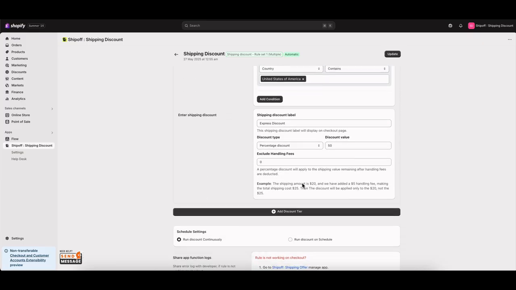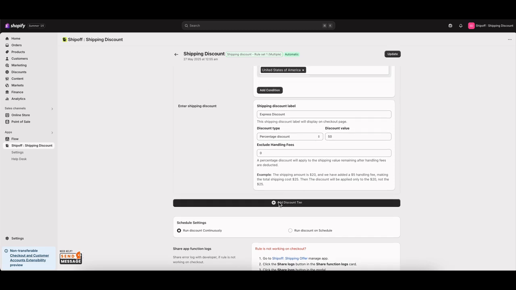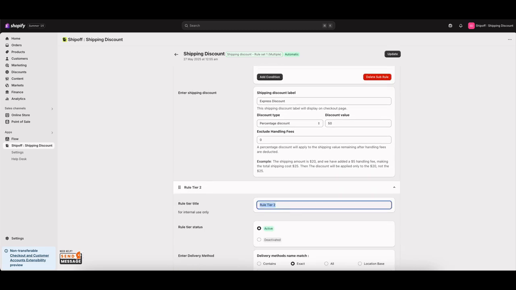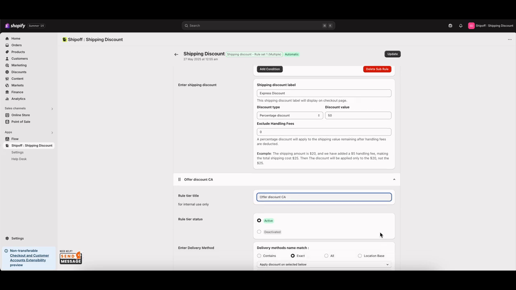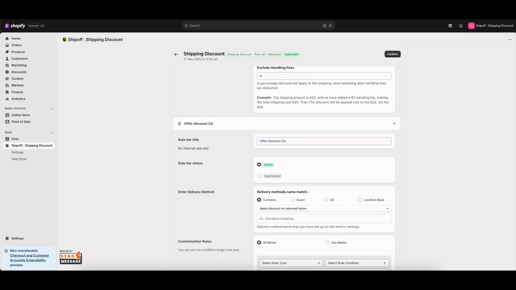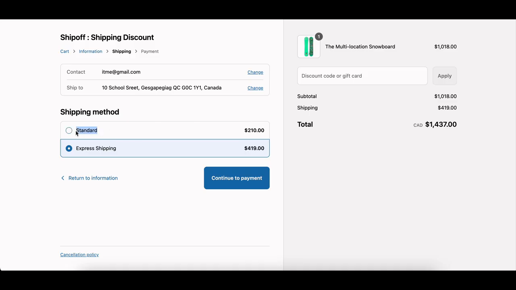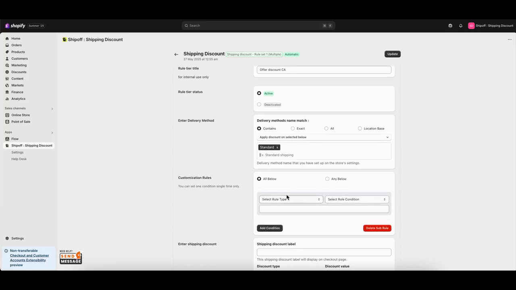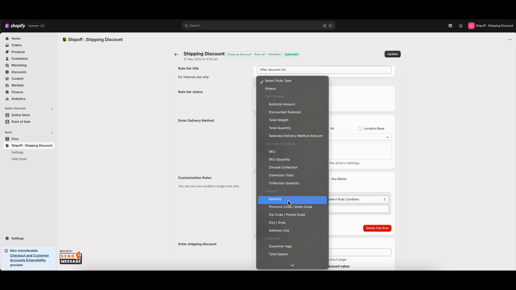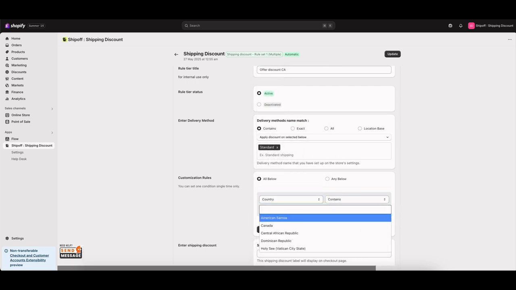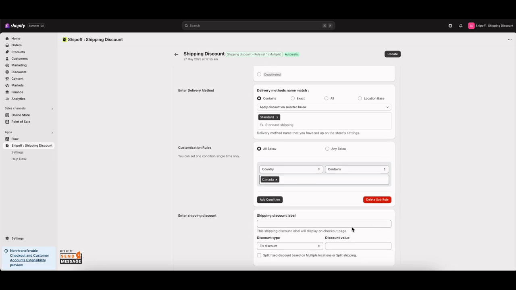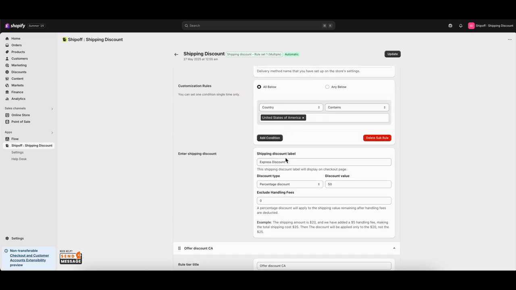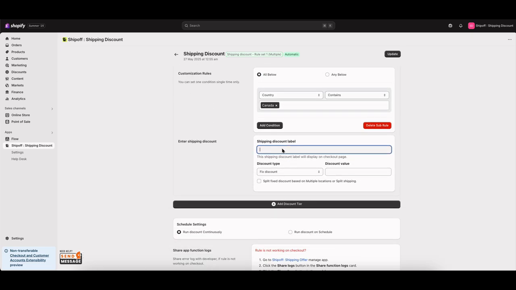If you want another country as well with a discount, then you can just click on this add discount tile, where you can set the offer, like an offer discount for Canada. If you want to go for the express shipping here as well, or a standard shipping discount, then you can just select this, copy the standard shipping, paste it here, and you can set the rule like if country is equal to Canada. Okay, so Canada is there, and now the label. Currently we made it for the US, and it looks like the express discount, so here I set a standard discount,